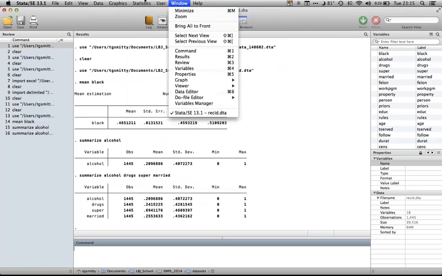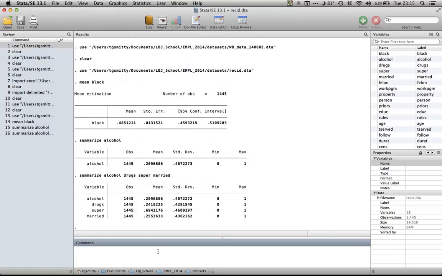Now summarize is really the first command that you should memorize because it's a little bit cumbersome to have to go through the dialog box every time when there's a much shorter way to do this, and that is just to type sum. Sum is short for summarize. So I can just type sum, and then I can list the variables that I want to have the summary statistics on. Now, I can type them in individually. I can type black, or I can select them from my variable list. So if I click here, it will import alcohol into my list of variables that I'm going to get the summary statistics on. So let's get drugs, super,